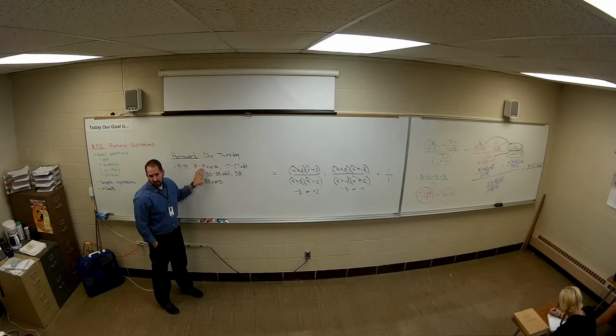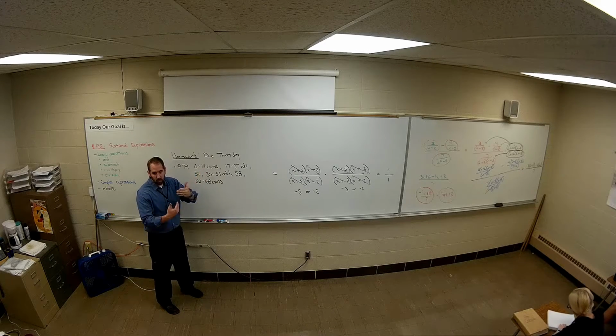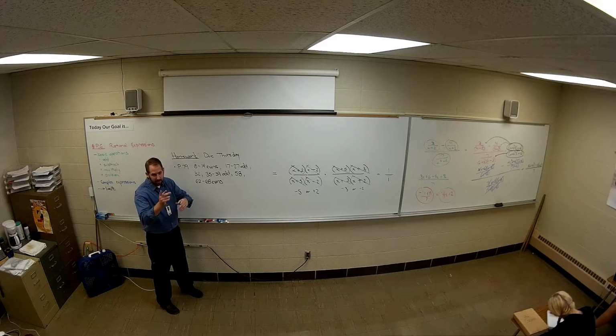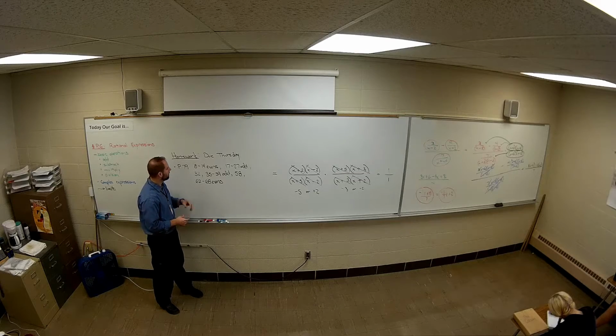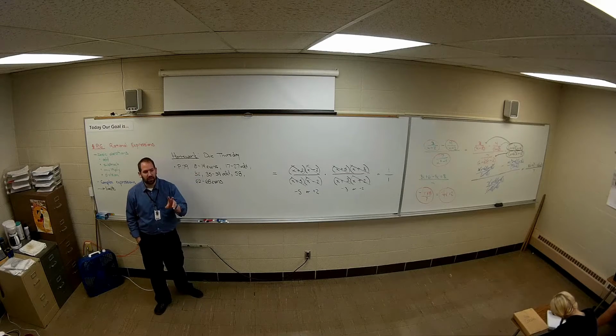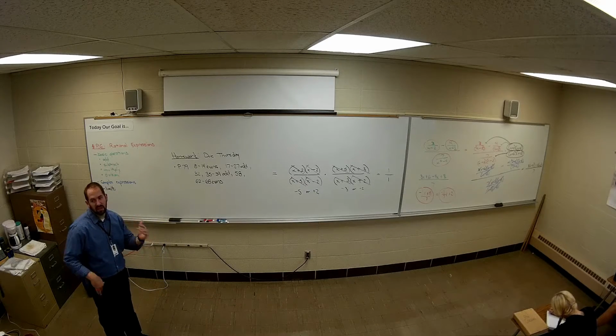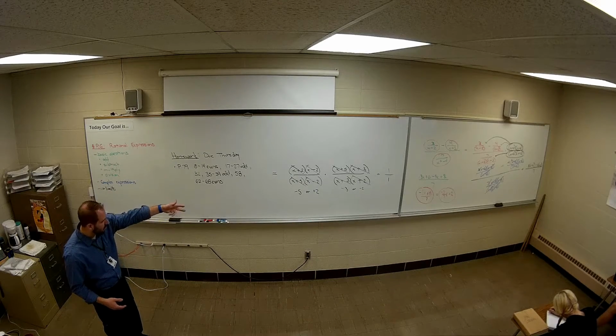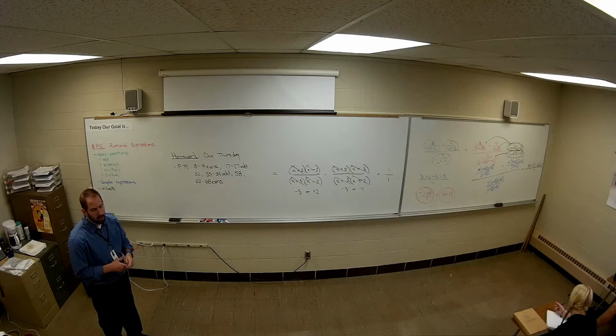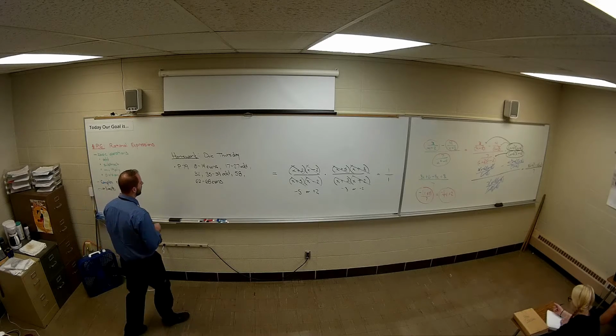All they're having you do in these first couple is simplify a fraction. They give you one fraction, and they ask you to simplify it down by crossing out parentheses that they have in common. And I believe they ask you for what the domain is. So domain is like all real numbers, except you can't use these two numbers because that's what was on the bottom, like how they showed you on the board. So those are things that you need to worry about. Those are only the first couple.